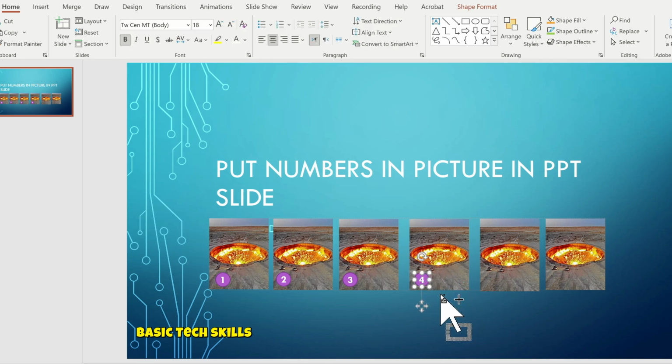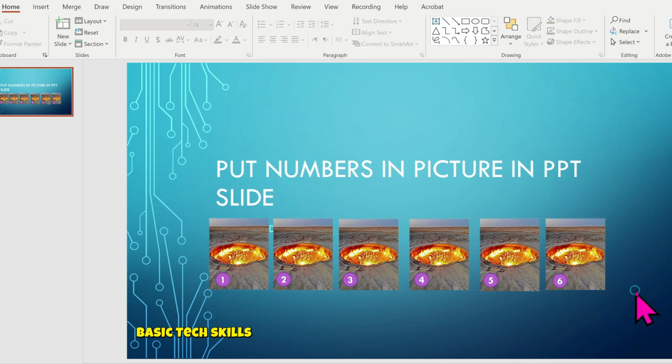and again Control D and paste onto image 5 and change the number to 5, and then again Control D to paste on the image 6 and change the number to 6. So in this way you can easily put numbers in pictures in